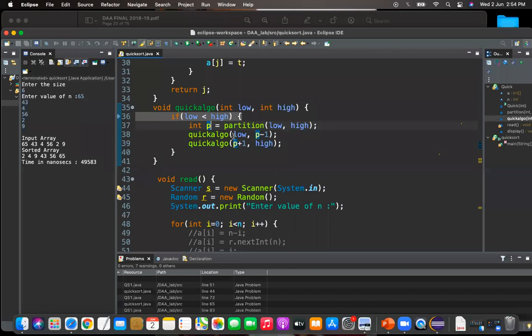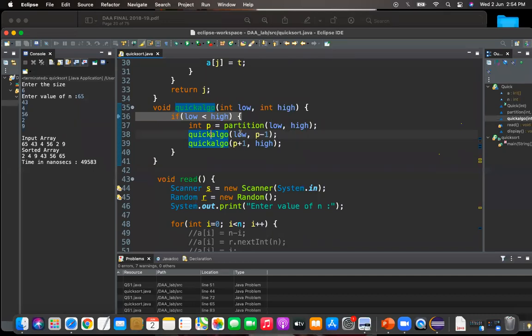Using that p value, we have to call the quicksort algorithm twice, for the left part of the array and the right part of the array. Based on the center element, quicksort will be called for the left part, starting from 0 to p minus 1, where p is the center of that array.